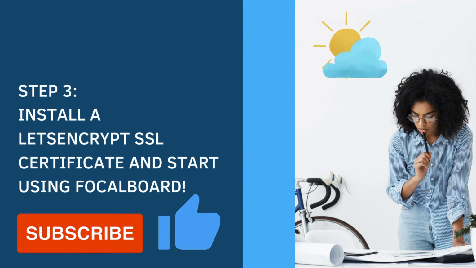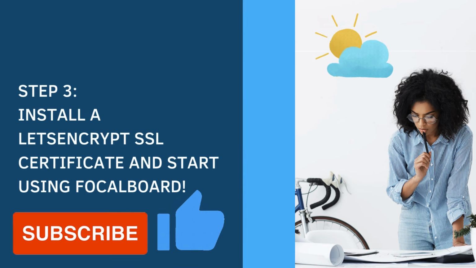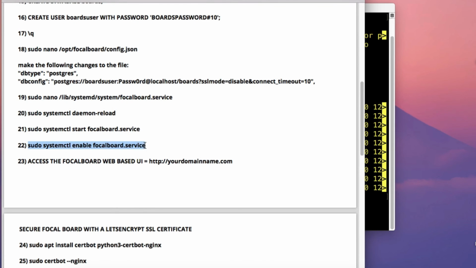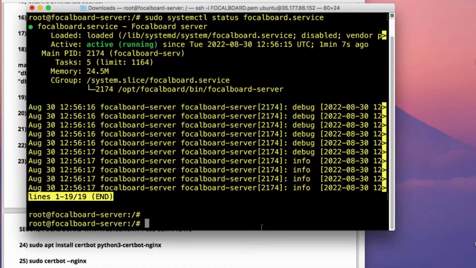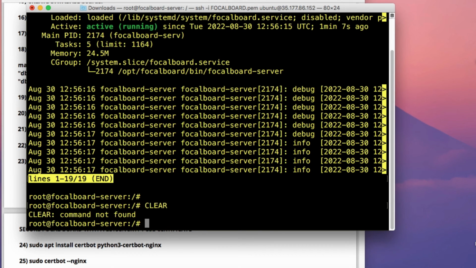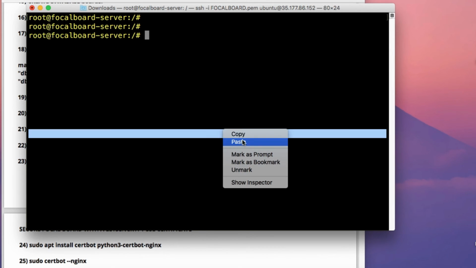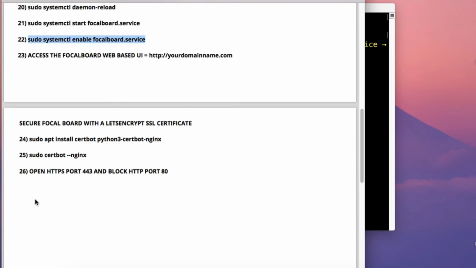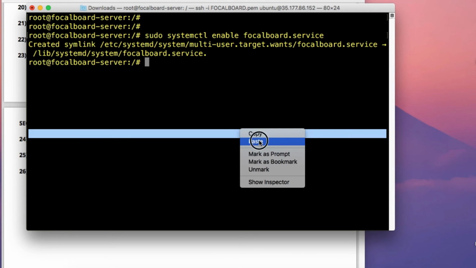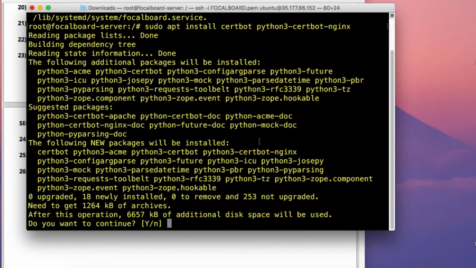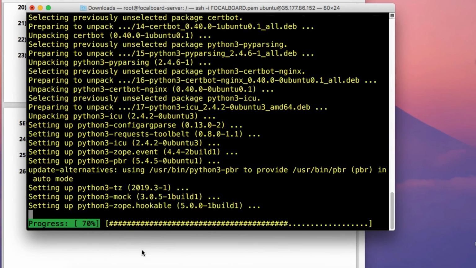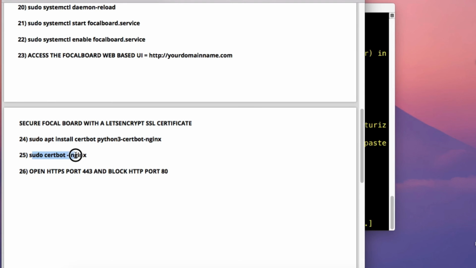So the next thing that we're going to do is to install a Let's Encrypt SSL certificate. So go back to the FOCALBOARD command line interface, and before we do that, we're actually going to enable the FOCALBOARD.SERVICE file to start up at system startup. So just run the command systemctl enable FOCALBOARD.SERVICE. And then the next thing that we're going to do is to install a Linux Ubuntu application called certbot. So certbot is an application that actually allows us to obtain a free Let's Encrypt SSL certificate from the Let's